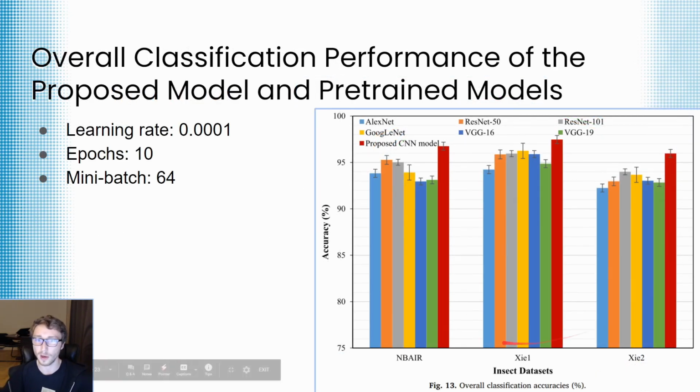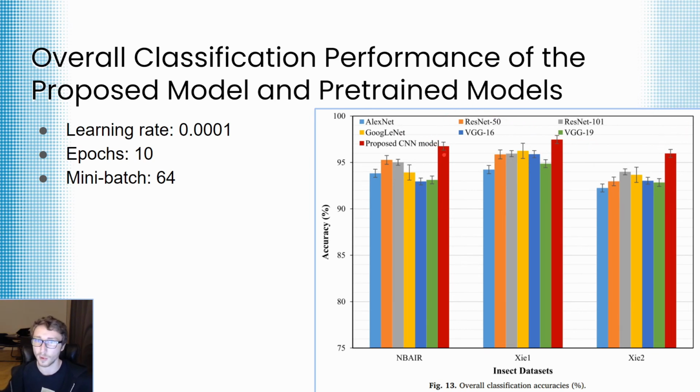So overall, their proposed model achieved a much better accuracy than the other models they tested and used for their transfer learning. All of this using a learning rate of 0.0001, 10 epochs, and a mini batch size of 64. ResNet 101 in gray provided a pretty high performance for NB-AIR with an accuracy of 95.02%, and XIE2 with 93.99%. GoogleNet performed well for XIE1 with 96.25%, but the proposed model was much higher than all of them,